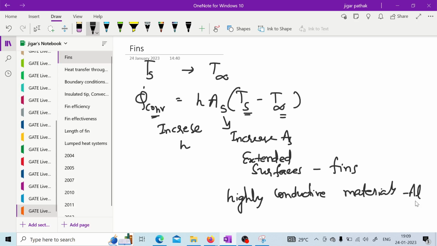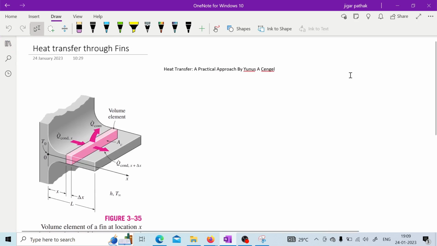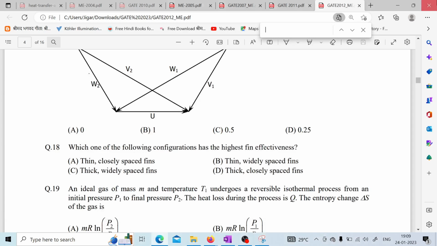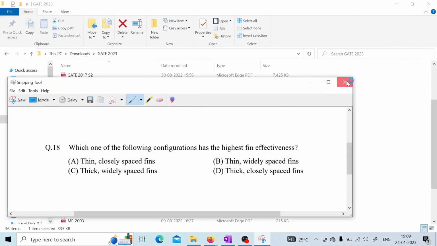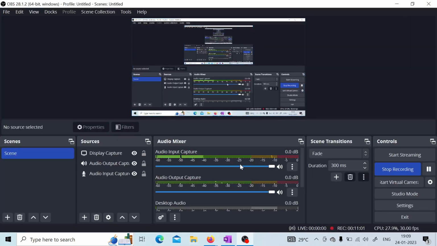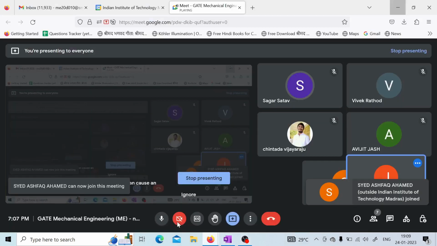Now if we consider heat transfer in fins,